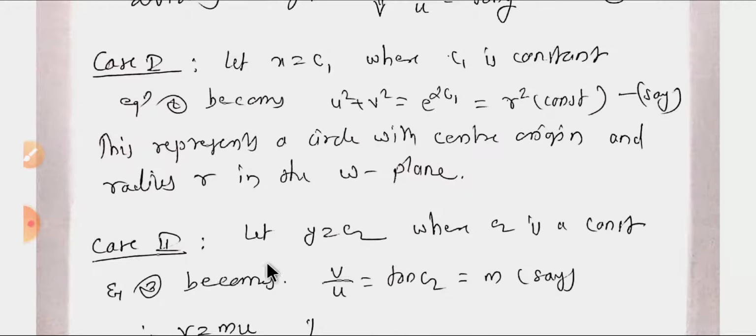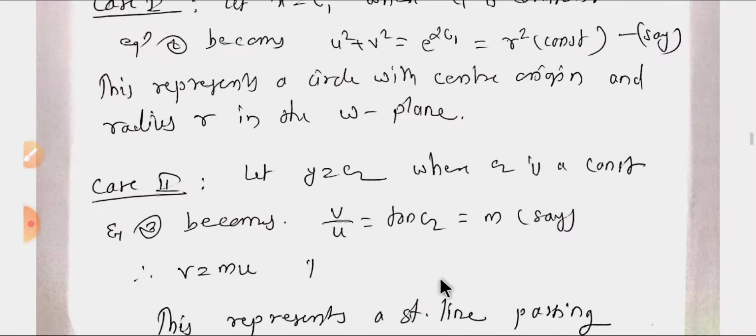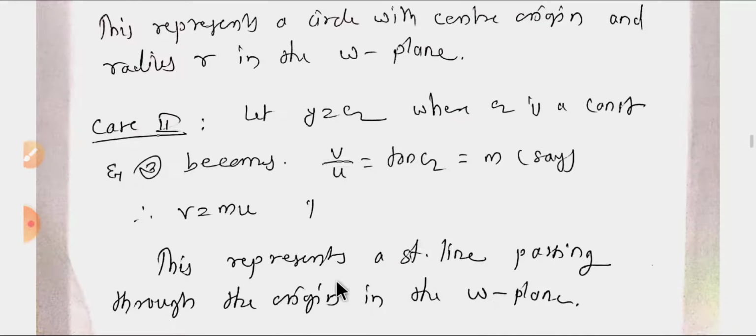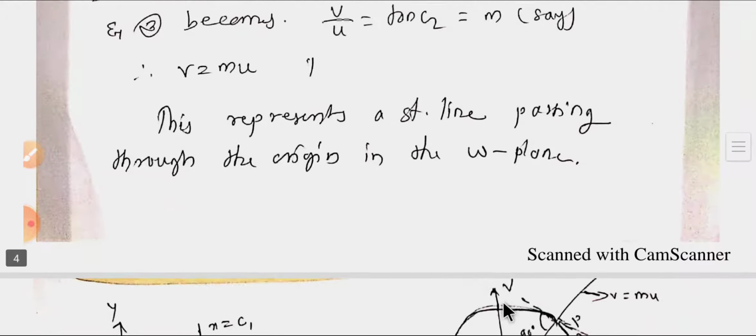And case 2, let y equal to c2 where c2 is a constant. So equation 3 becomes v by u equal to tan c2, that is equal to some m. This is again a constant now. So therefore v equal to mu. So v equal to mu represents a straight line passing through the origin in the w plane, and the